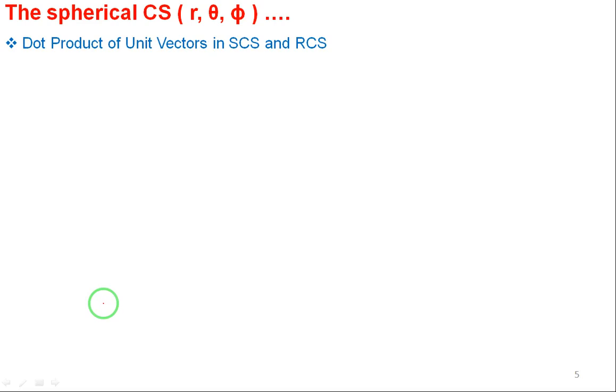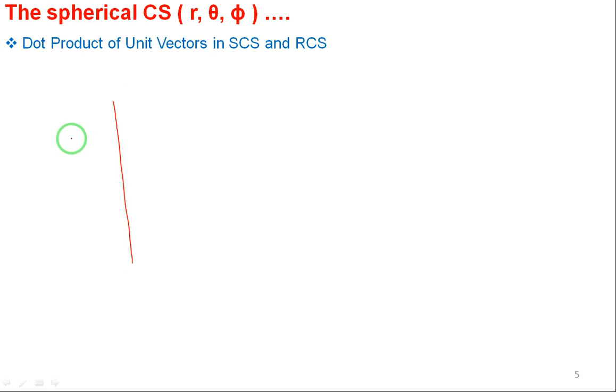Dot product of unit vectors in spherical coordinate system and rectangular coordinate system. In spherical coordinate system the unit vectors are AR, A theta, A phi. In rectangular coordinate system it is AX, AY, AZ. Then how to take the dot product in two different coordinate systems, that we'll see by